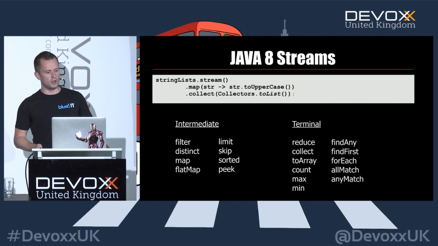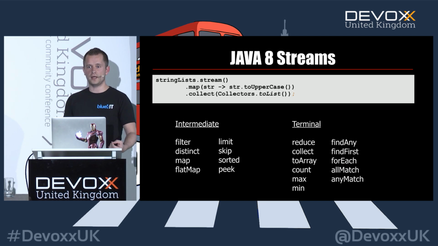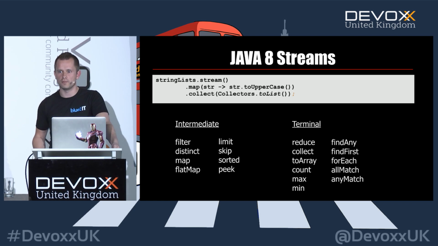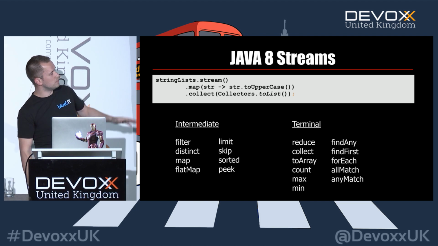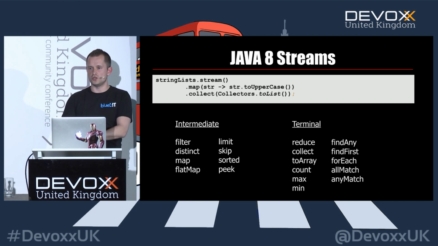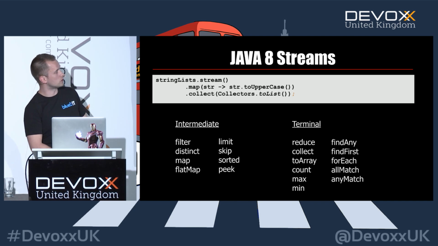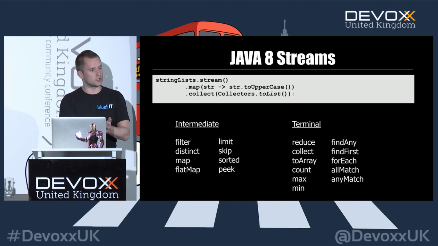And then we come to the next part. We have two kinds of functions on streams. Intermediate functions give you back a stream, and a stream is lazy, and doesn't do anything. A terminal function sets it off. It ignites it. It kicks it, like, okay, now you have to do something. If I build up a stream with only intermediate functions, it's just code. It doesn't do anything. It's dead. If I end it, like you see over here, with a collect, which is a terminal function, the collect initializes the stream and kicks it off and actually makes sure that it does something.